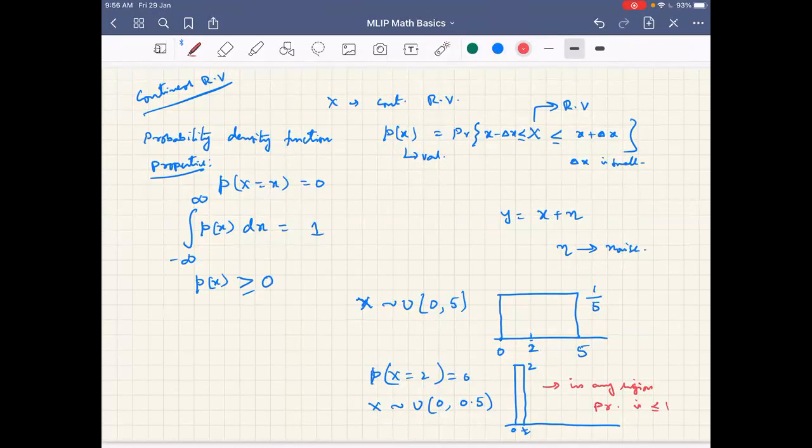So what we usually do is, for probability in continuous variables, we always look at a region. Around 2, we look at a region around 2. Please note that for a continuous random variable, probability is calculated for a region, not for a point. Anyway, we know that point probability is 0, so that is a trivial case and we will not consider it. Fine, so now give me an example for this.